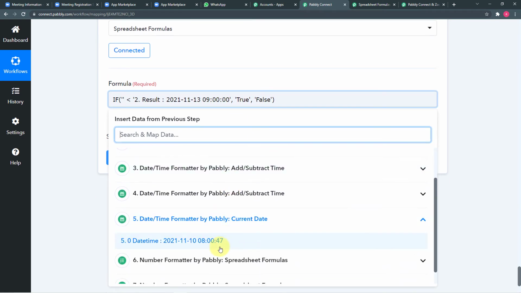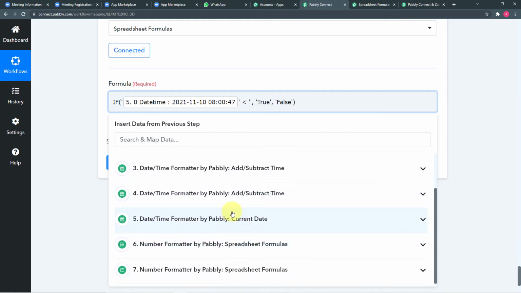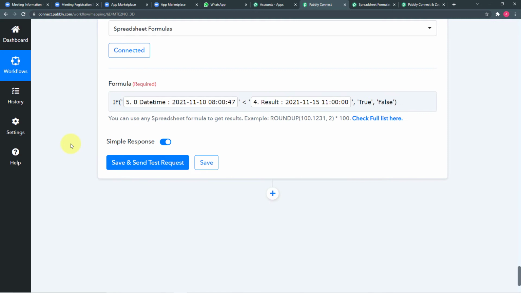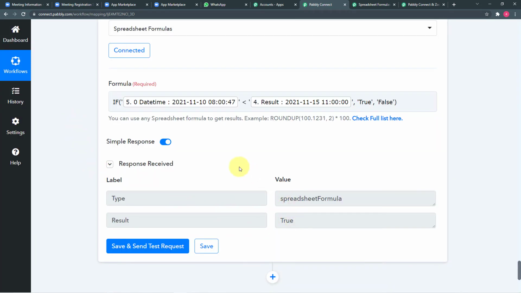First of all, map the current date, and in this second field between the commas I'm going to map the date of -2 hours before the date of meeting. You will find the date and time -2 hours before the date of the meeting in this fourth option, where we have subtracted the date of the meeting by 2 hours. Okay, so this is the date here, subtracted -2 hours. Now click on save and send test request here, and you will see the condition is true here also. Okay, now what you have to do,